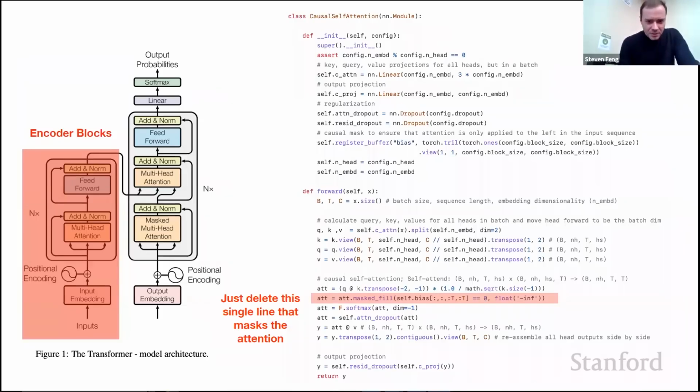Now, if you want to implement an encoder instead of a decoder attention, then all you have to do is take this mask code. You just delete that line. So if you don't mask the attention, then all the nodes communicate to each other, and everything is allowed, and information flows between all the nodes. So if you want to have the encoder here, all the encoder blocks will use attention where this line is deleted. That's it. So whatever this encoder might store, say 10 tokens, like 10 nodes, they are all allowed to communicate to each other going up the transformer.